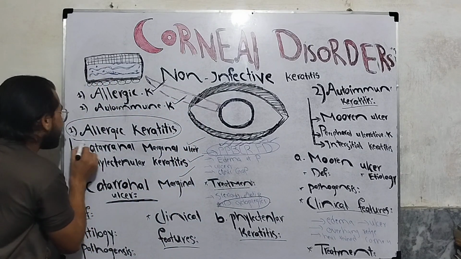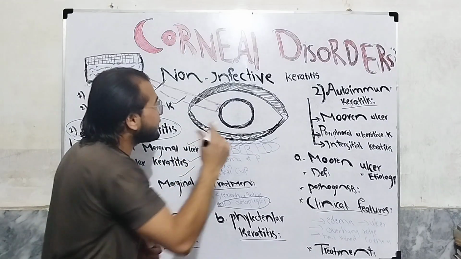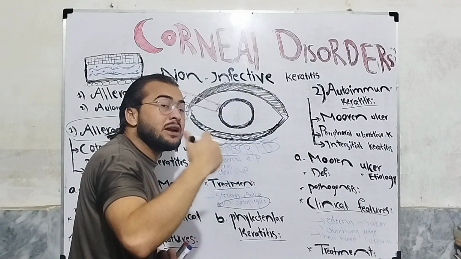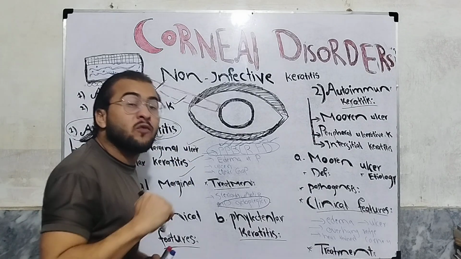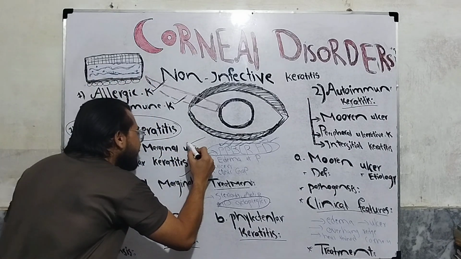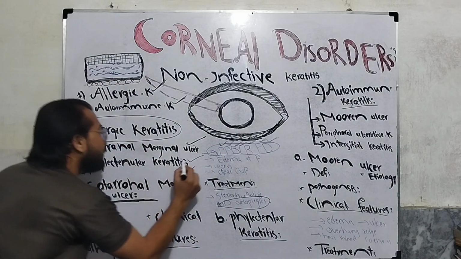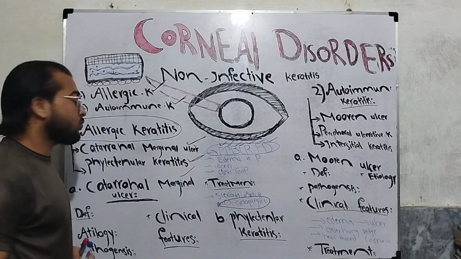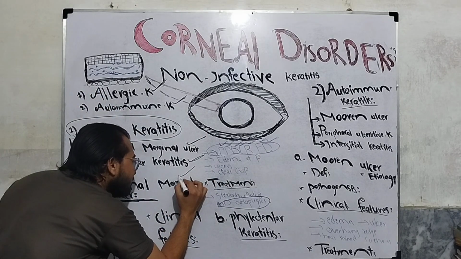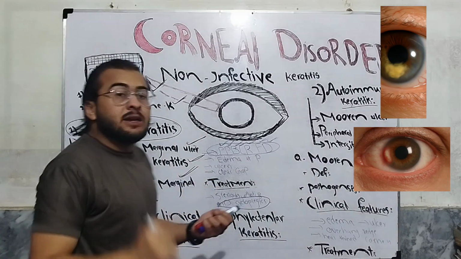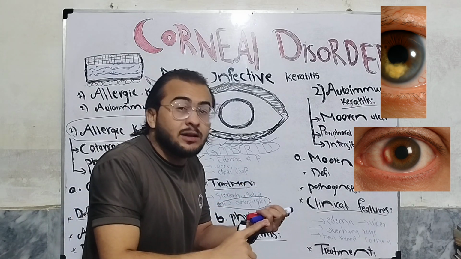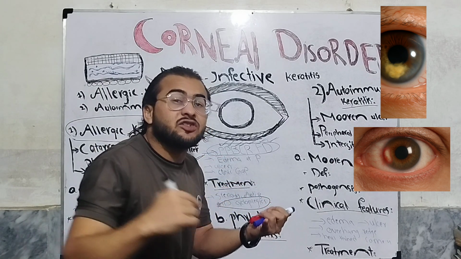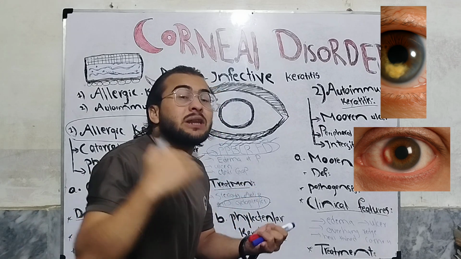So what is allergic keratitis? Allergic keratitis is the inflammation of cornea caused by different types of allergies. We have two main subtypes of allergic keratitis: catarrhal marginal ulcer and phlyctenular keratitis. So what is catarrhal marginal ulcer? Catarrhal marginal ulcer is the edema of peripheral cornea due to hypersensitivity reaction which ultimately leads to peripheral corneal